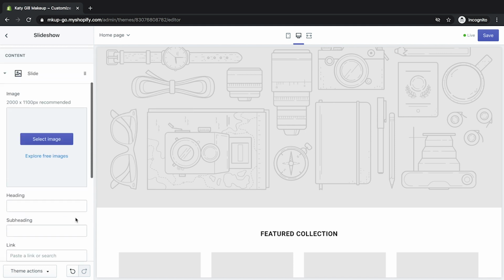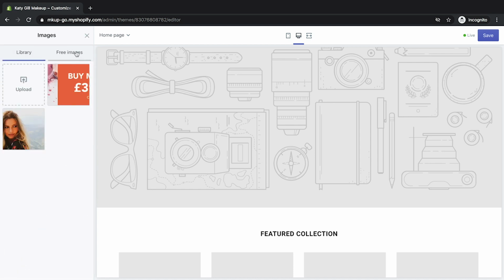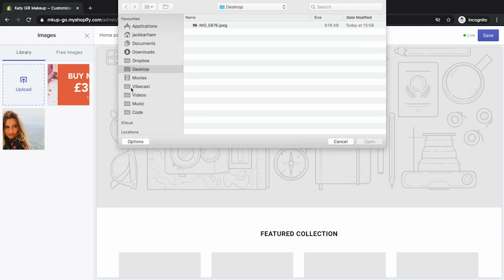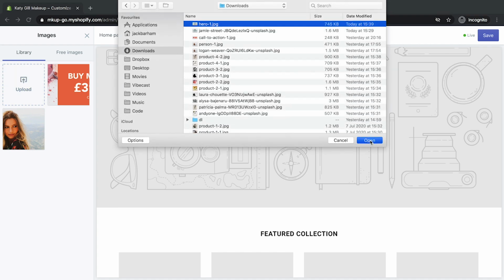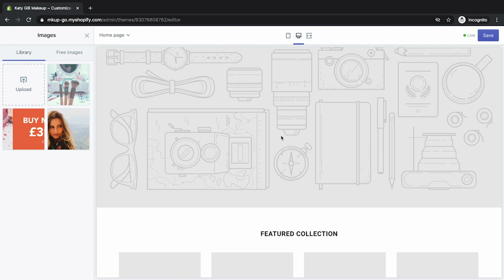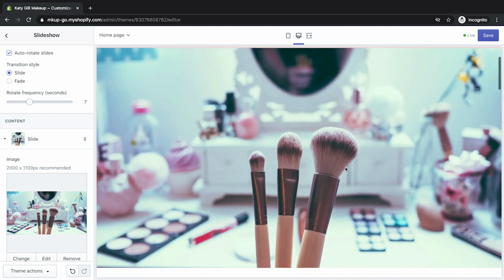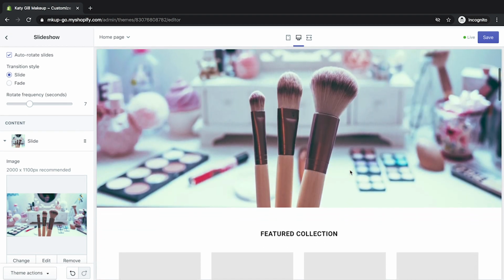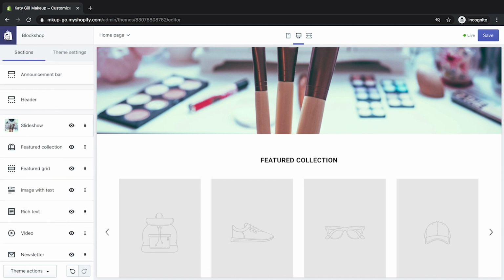Great. Then what we need to do is add the image. So we'll add in the upload. We'll get the downloads hero 1 that we made earlier. This is the hero section that we're talking about. Great, got that uploaded. Select, and we've added it in. So there you go. There's a hero image added into your site. So it's already starting to come together nicely.